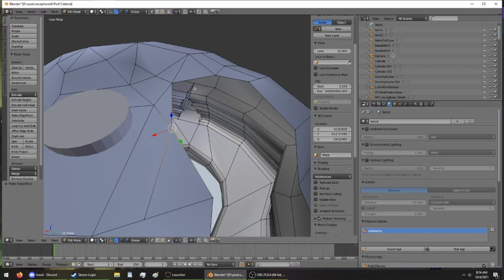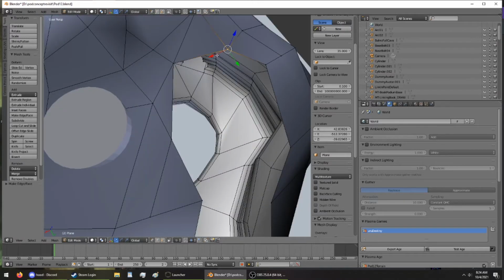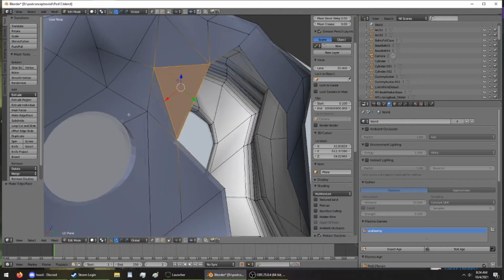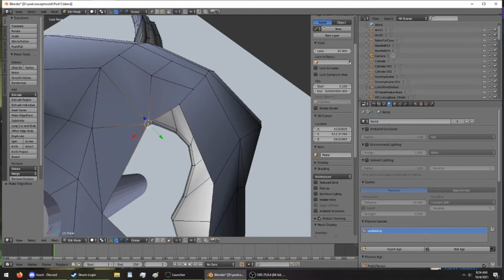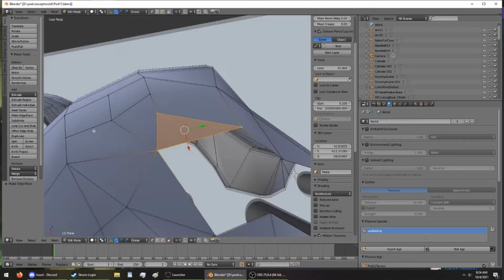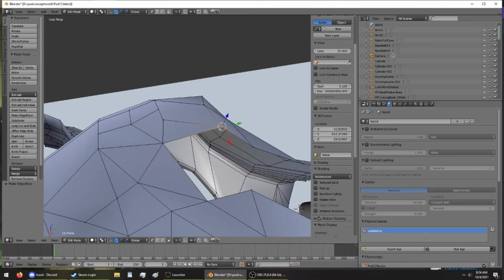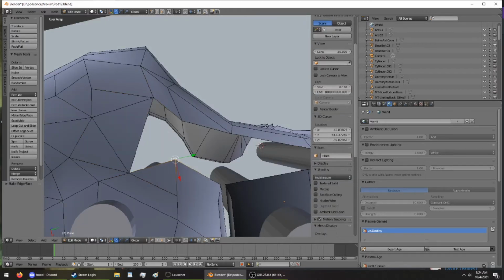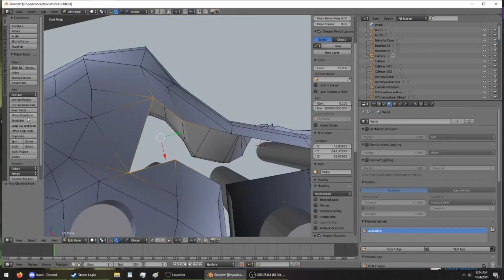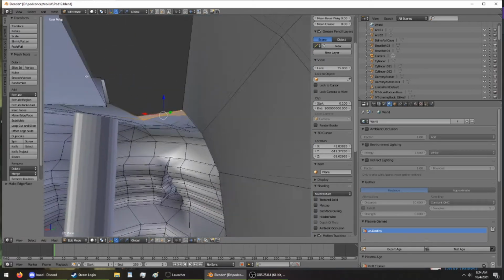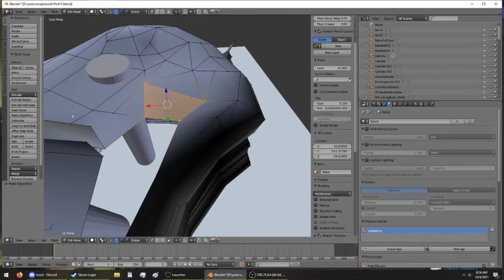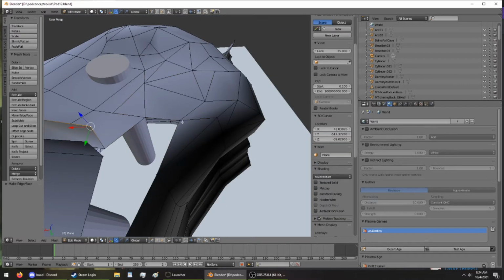See about making the world that you want to make and just make it. Don't worry so much about if it's going to be perfect. Don't worry so much about if your texture seams are lining up right. Don't worry about making everything perfect in the first try. Because 9 times out of 10, you're never going to get something perfect on the first try. I mean, if I always got everything perfect on the first try,